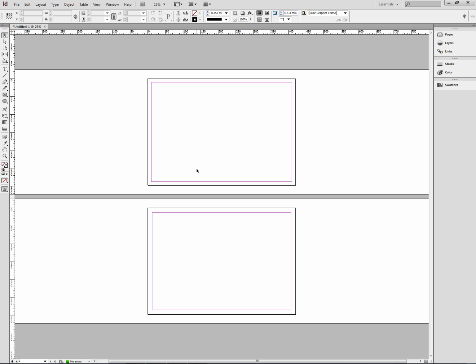Now you notice here, if we look at the top and the bottom, they are actually now different. Now the reason for that is we can adjust things separately on one page compared to the other. So look, I'm just going to undo that, and you can see it goes back. Now if I wanted to adjust both of these at the same time, what I want to do is to